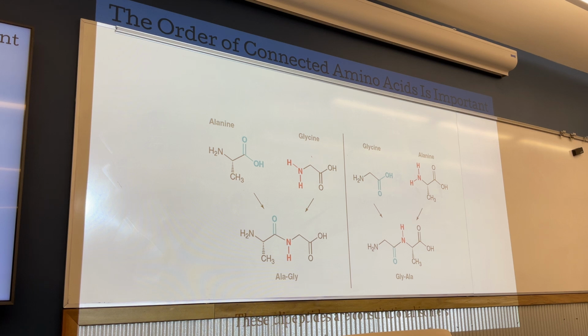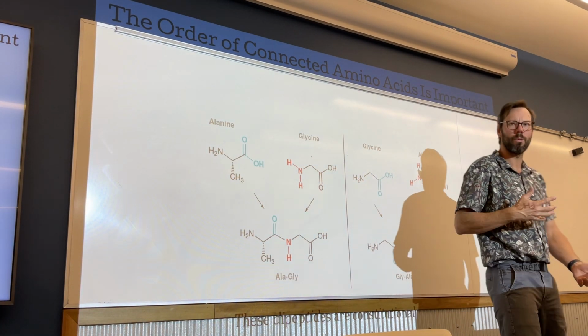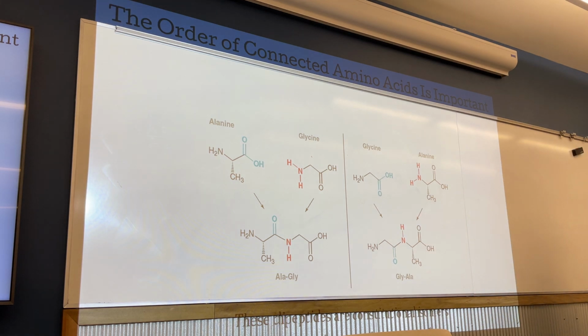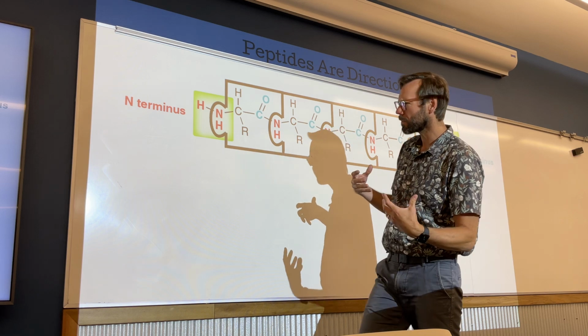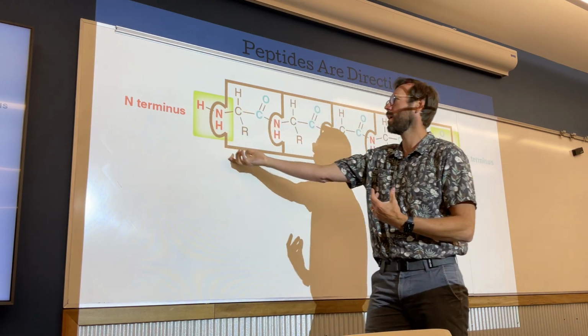And if we switch those around, it can have different properties, because now here the alanine has that amine group on the outside, but here the glycine has it. Okay? So it alters their behavior, alters what they can bind to, what they can't bind to. So yeah, here is that. It's drawn here like a puzzle, right? Because we often think of these amino acids coming together in puzzle piece-like formations.